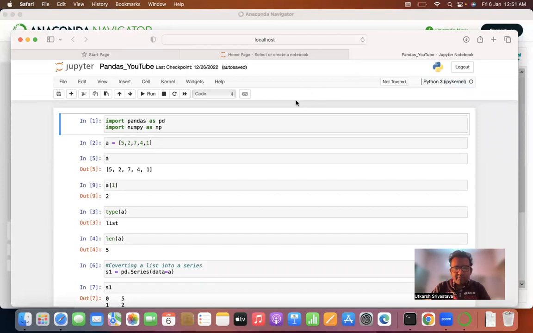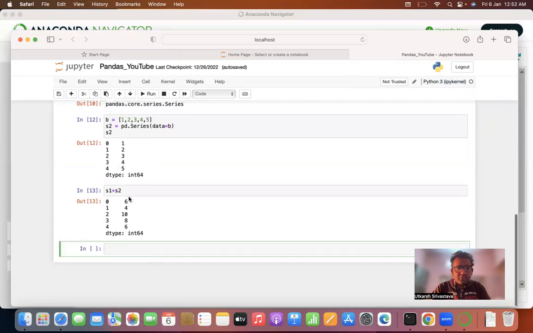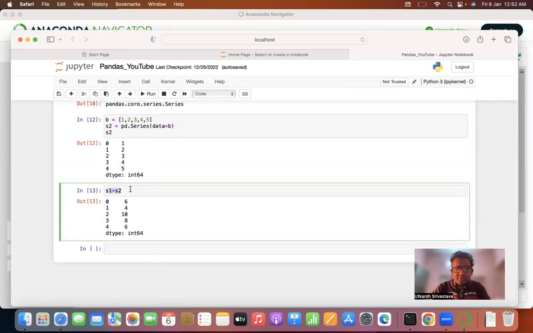In the previous video related to pandas, remember we are starting a series of pandas tutorials. In the previous tutorial, we saw an introduction to pandas, where we saw how to create a series, how to use a data parameter, how to convert a list into a series, and also how to use the various arithmetic operators and